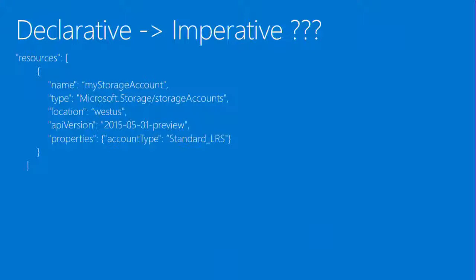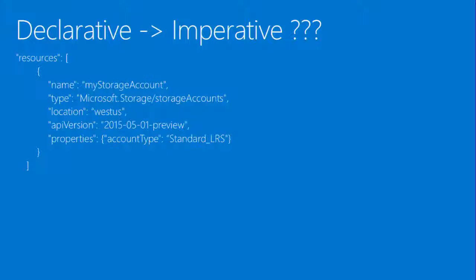Make sense? As I said, it's a really easy concept to grasp until you start crafting the JSON template and figure out what are all the properties that describe a particular type of service component, such as a storage account. It just happens that storage accounts are really simple to describe. You just need to know what type of storage account you need, and that's it, and the name. For a virtual machine, it's not that easy. Anyway, so as I told you,